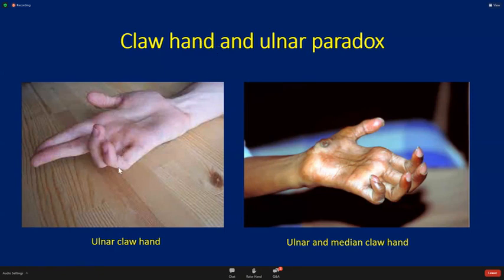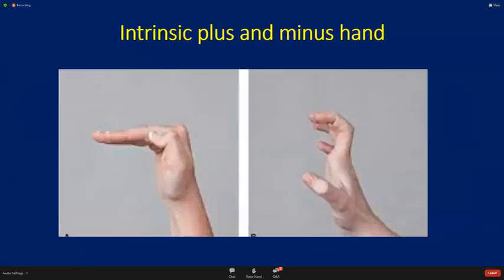This is a partial claw hand due to ulnar weakness. If you have weakness of both median and ulnar, you can have a total claw hand, which is due to all interosseous and lumbricals being weak. In ortho terminology, there is also a sign which is known as intrinsic plus and intrinsic minus hand. So intrinsic minus hand means there is absence or weakness of the activity of the intrinsic muscles, which is the same as a claw hand. On the other hand, intrinsic plus means intrinsic muscles are active or strong, and this usually